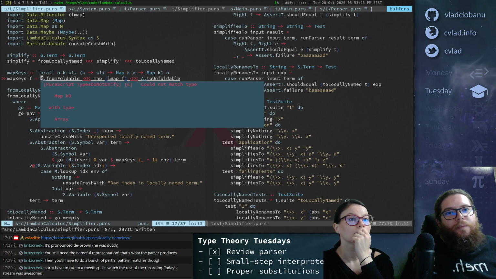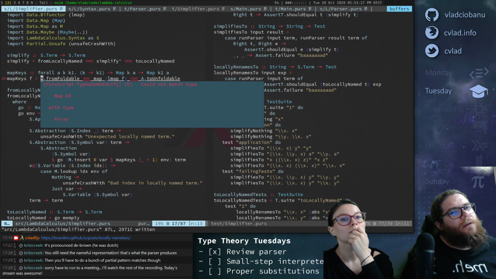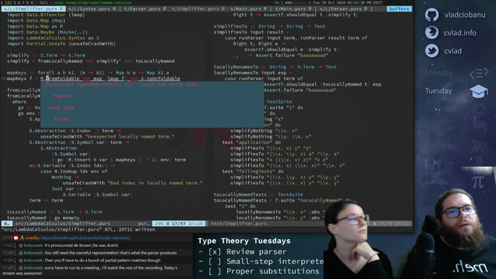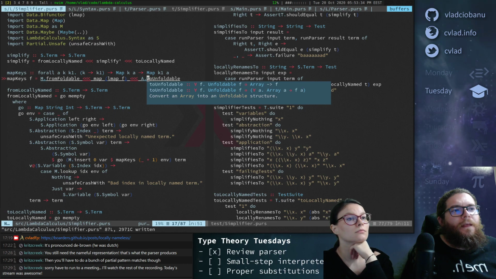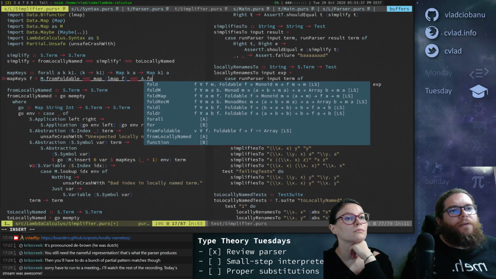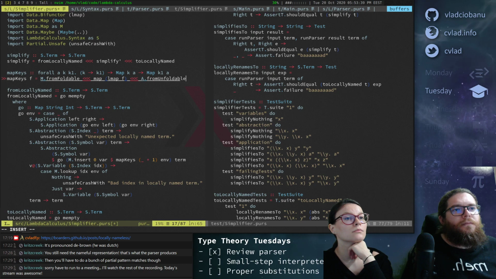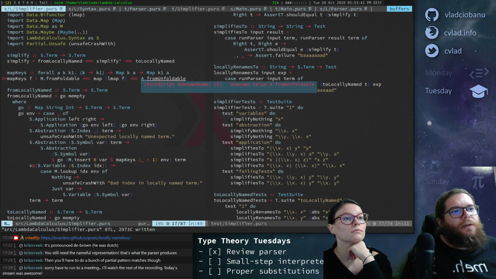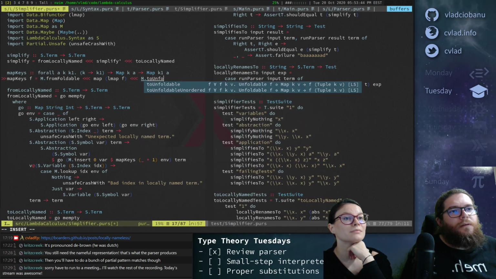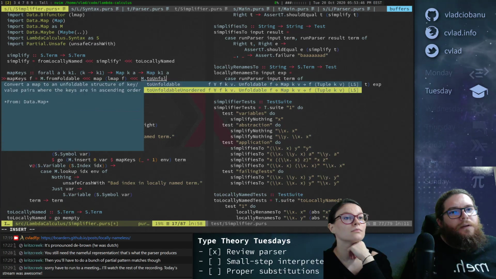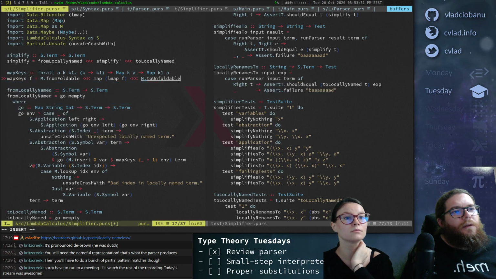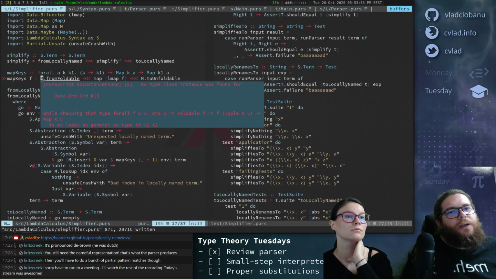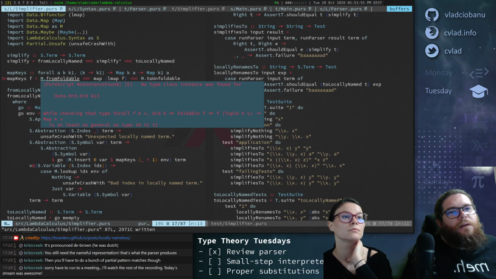Could not match map k0 with array. Say one now. Okay, so array to unfoldable. Oh wait, from. Isn't that the thing? Okay, but then how does it know I wanted to use array? Okay, so we need ord k1, sure.